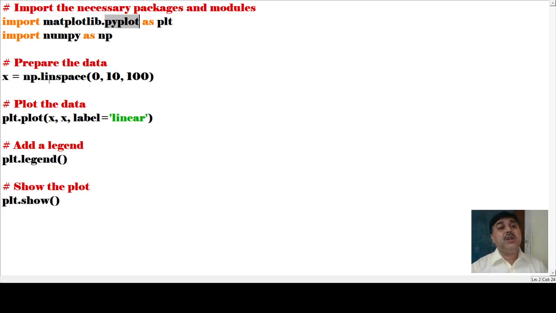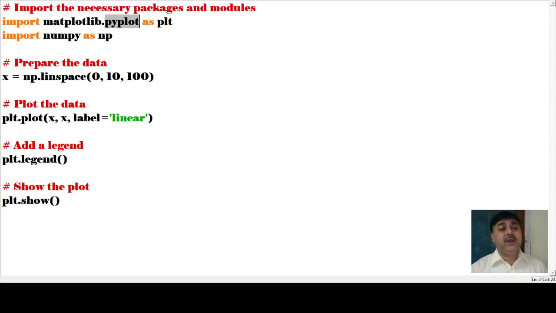Now the line spacing: here, np means numpy, np.linspace(0, 10, 100). So it will go from 0 to 10, and in between them 100 points will be placed. This is the line spacing, and this way it will plot.